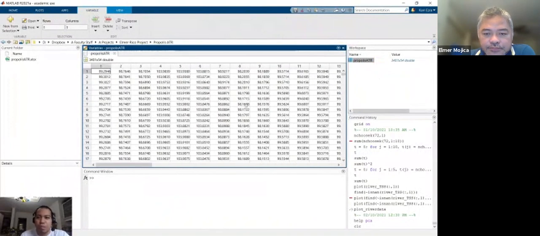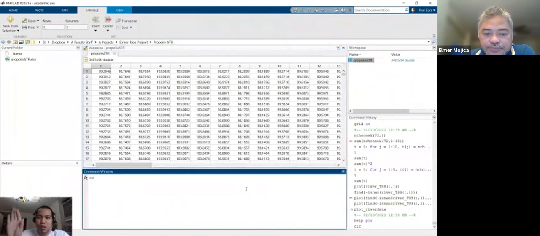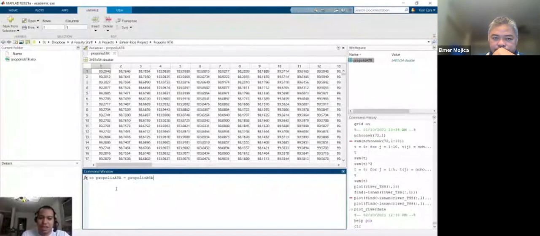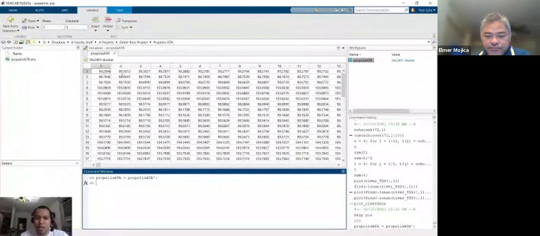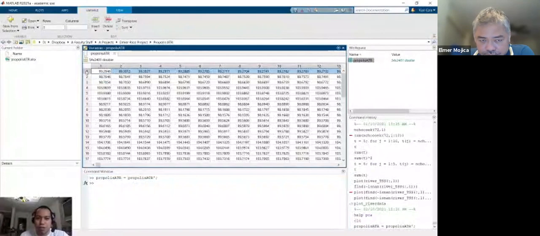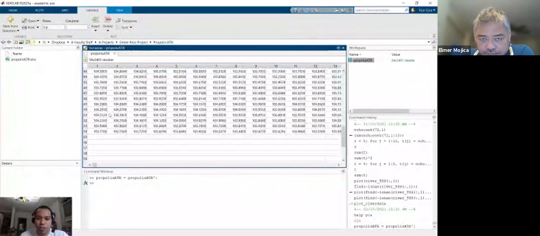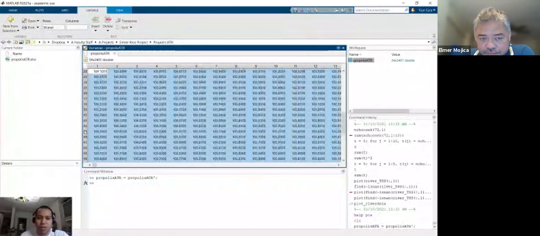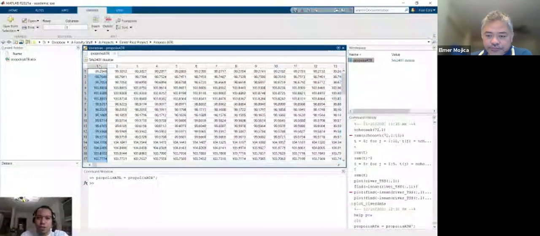Correct. Now, for the purpose of the analysis, kailangan baliktad, which means dapat yung columns pala yung mga features and yung rows yung mga samples. So, para matranspose siya, lalagyan ko lang ng Propolis ATR is equal to Propolis ATR transpose, semicolon. So, yun, nagbaliktad na po siya. So, now we have the number of samples dito sa rows. So, hanggang 54 na lang yung rows. And then, yung number of columns, yun yung hanggang sa